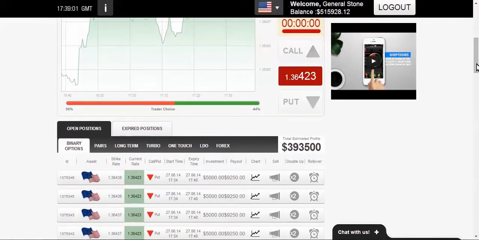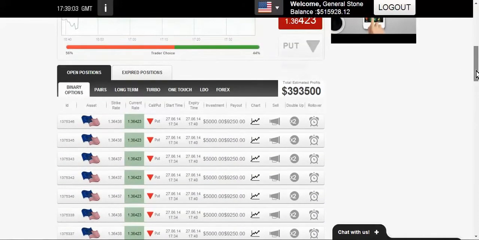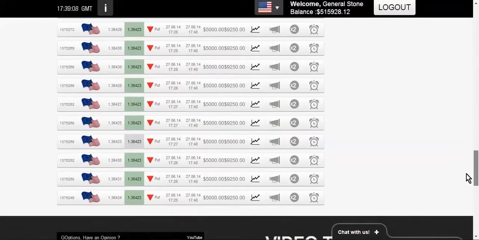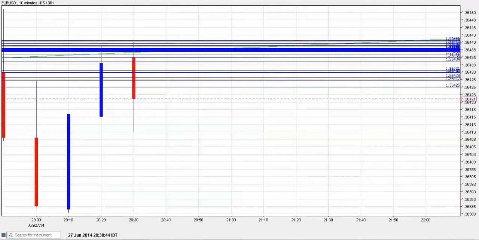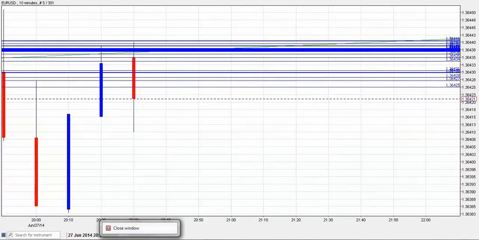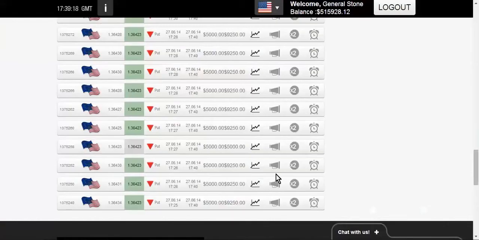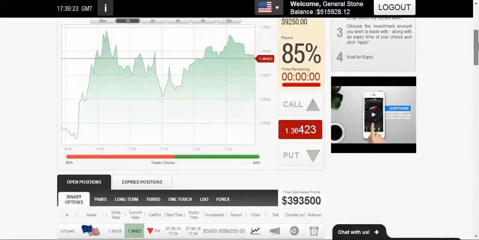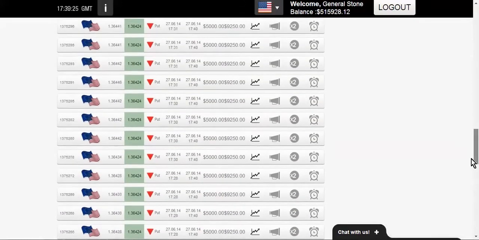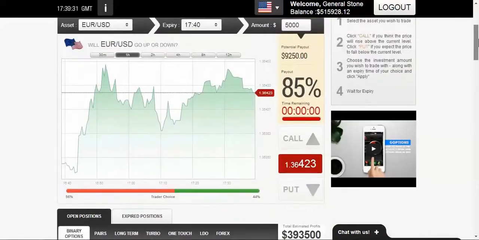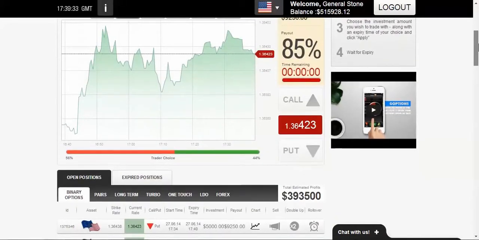$215,000 open risk, 260, 270,000 and more potential profit. And look at that, every single position in the green except for one that's at the money. We can see that that's looking quite likely to come into the money for me before expiry. We'll go back here. We've got less than a minute to go, and if that one last trade can just come around for me by a point or two, you should see me bring home almost $400,000 return from $215,000